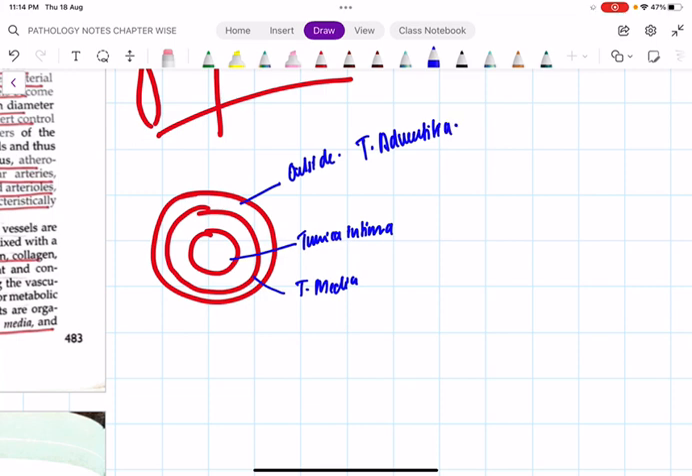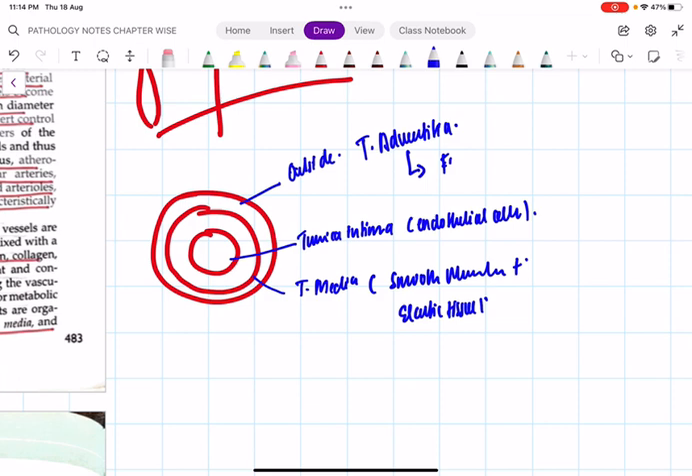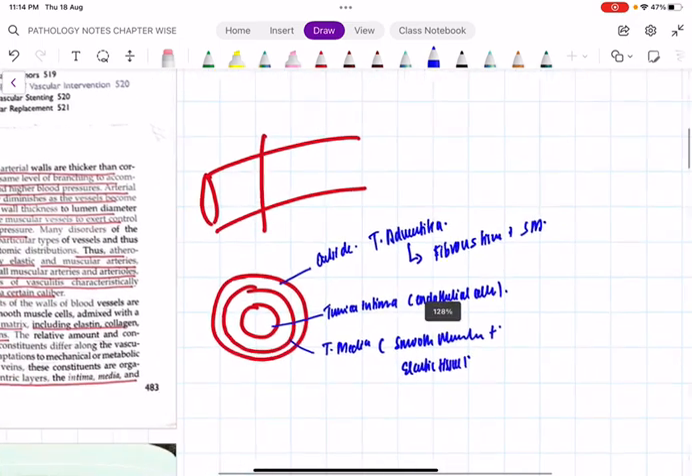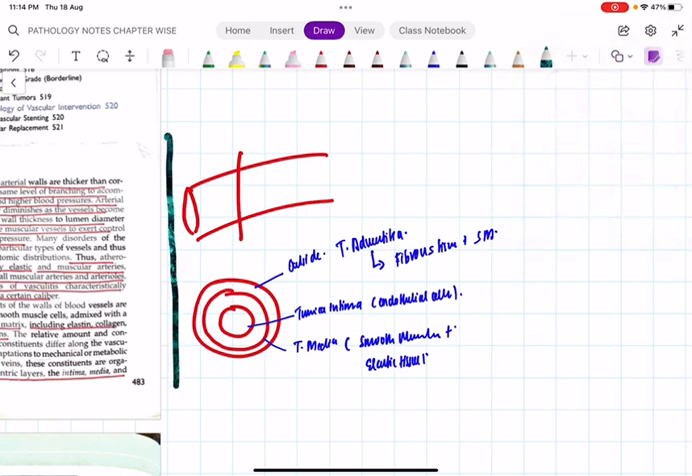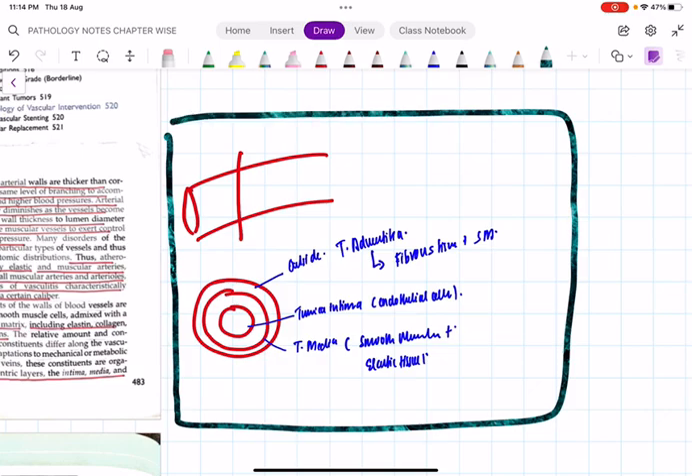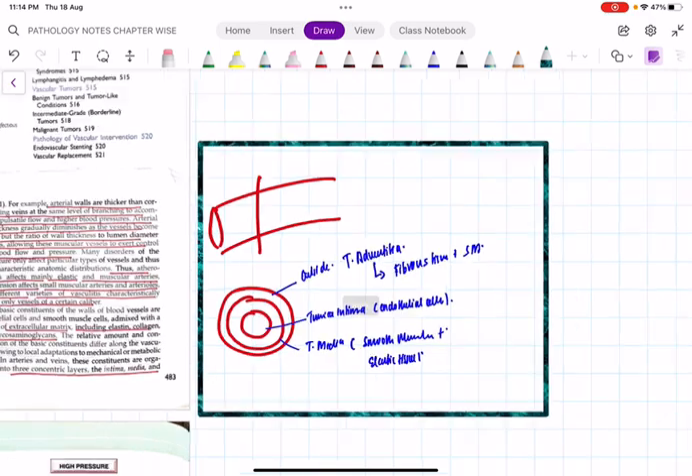Tunica intima is made up of endothelial cells. Tunica media is made up of smooth muscles plus elastic tissue. In arteries, we have mainly elastic tissue, and in adventitia, we have fibrous tissue, of course, plus smooth muscle components. This is the basic structure. This is the basic anatomy of blood vessels. You should know this. Once this is done,